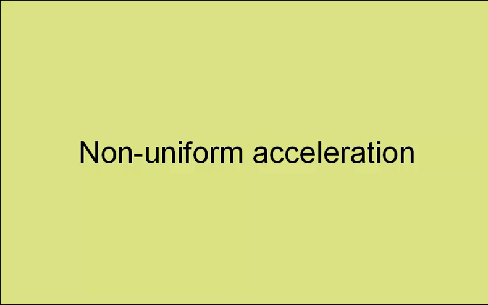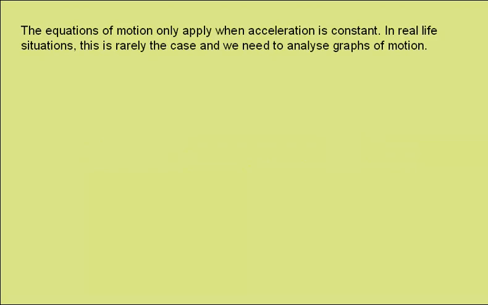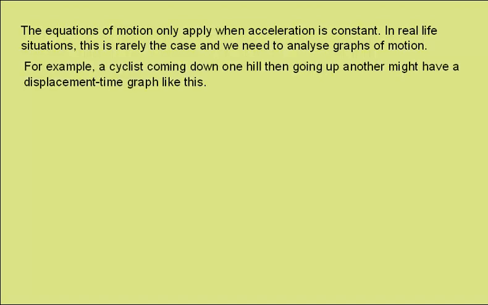Non-uniform acceleration. The equations of motion only apply when acceleration is constant. In real-life situations this is rarely the case, and we need to analyze graphs of motion. For example, a cyclist coming down one hill then going up another might have a displacement time graph something like